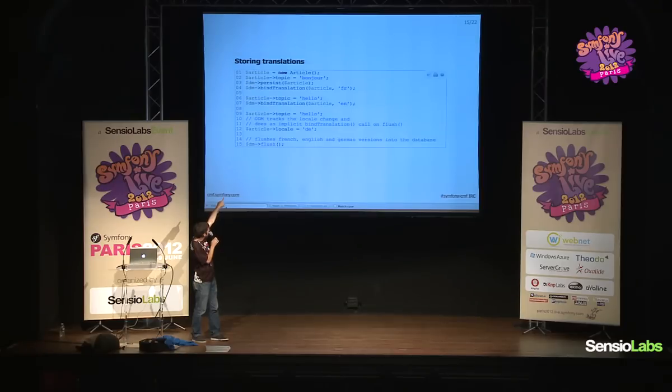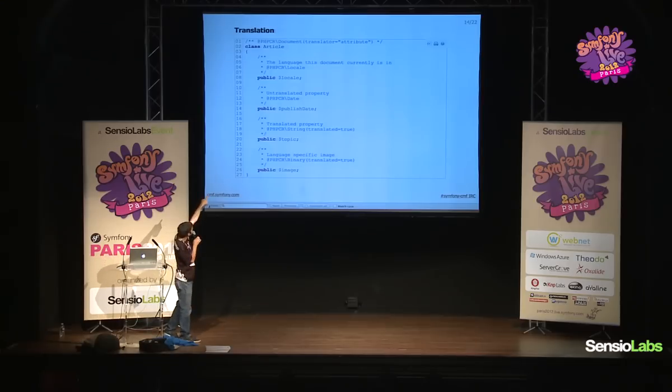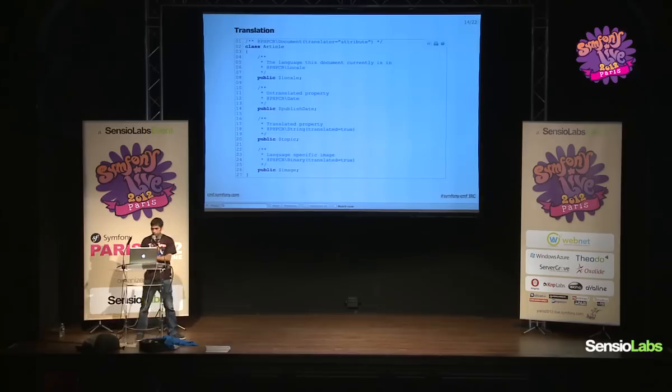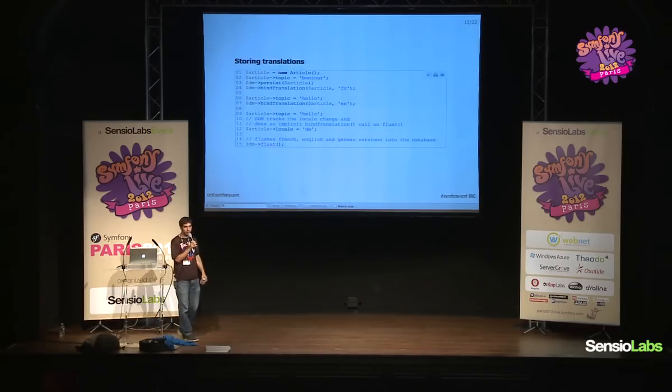Then you can change the assignment and then bind the new version of the state of the object to English. Alternatively, instead of calling bind translation, you can also modify the locale, which is also mapped to be a special property, you see up there. It's a locale. And now, when you flush that, it's actually going to flush all these 3 different language versions